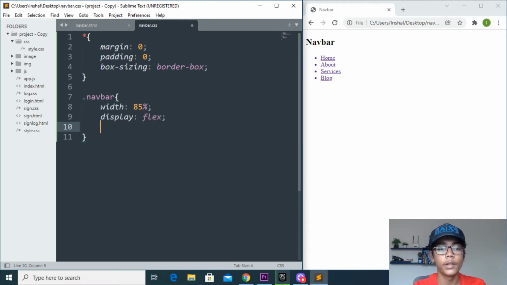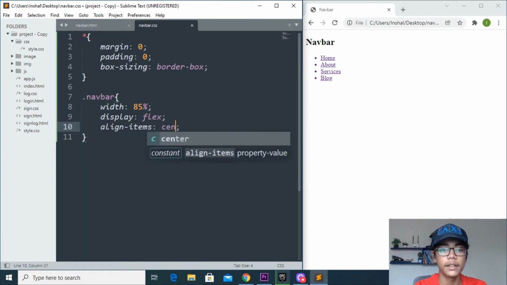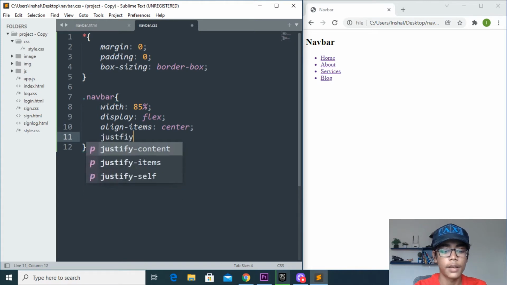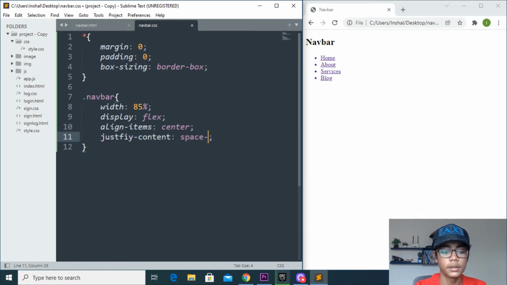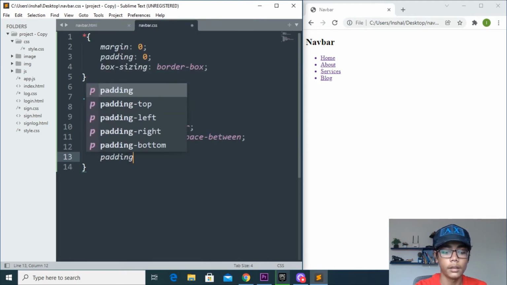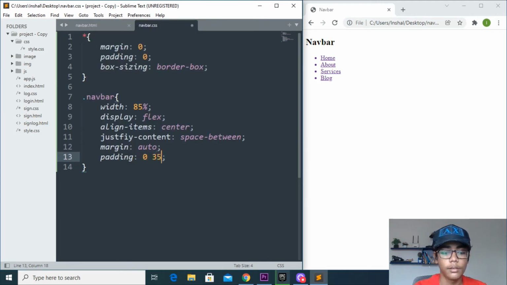Here you have to move down and write align-items center, write justify-content space-between, then write margin auto. Here you have to come and write padding, which should be 35 pixel, or here I will be writing like that. Save that, refresh that.